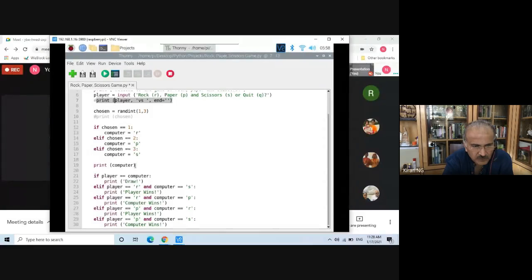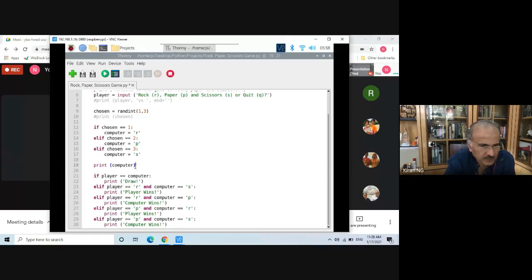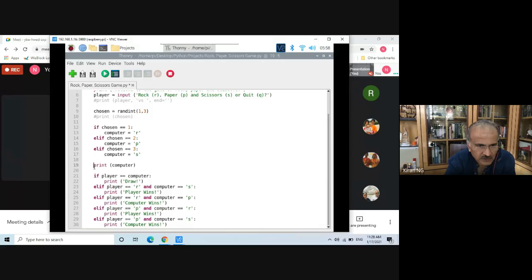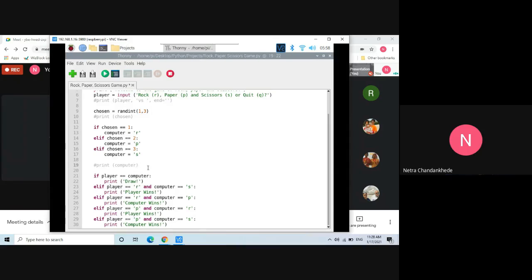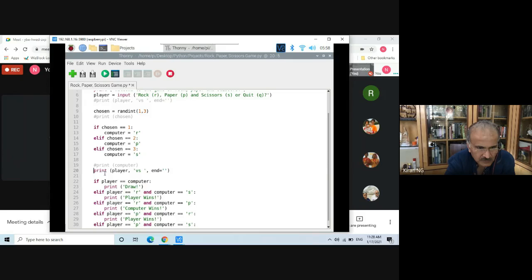After this, now you can comment. We don't need this also. Comment this. Just after this, paste that statement. Indent it back. Now you have player, then put computer. Instead of end is equal to, just put computer.